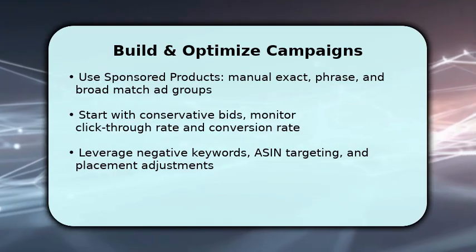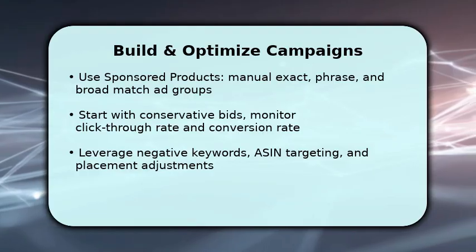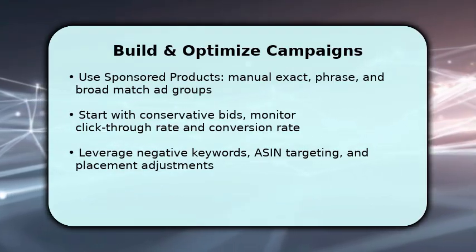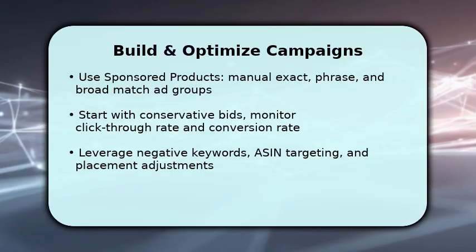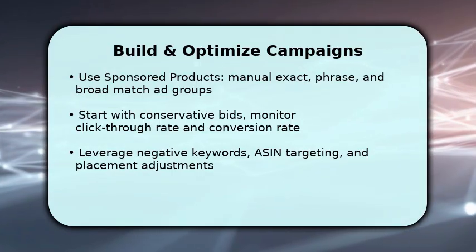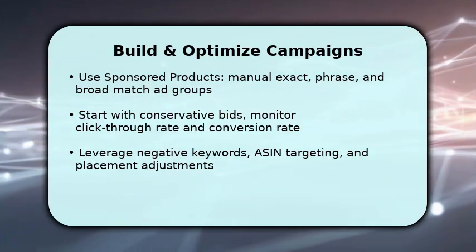Once you have clicks, analyze CTR and conversion rate to reallocate budget. Use negative keywords to cut wasted spend and add high-performing ASIN targets for competitor conquest. Make sure to run placement multipliers for top-of-search and test product targeting versus keyword targeting to find the most efficient